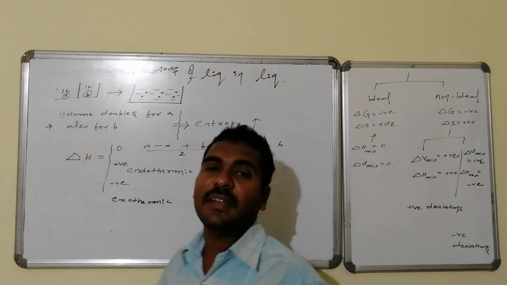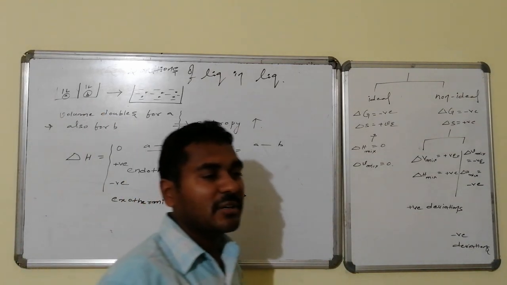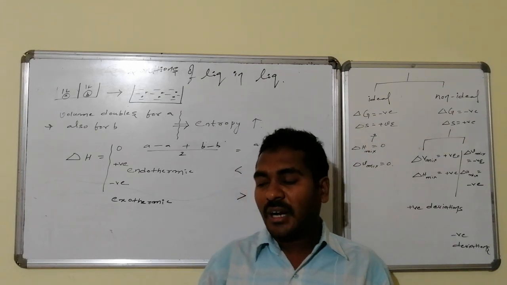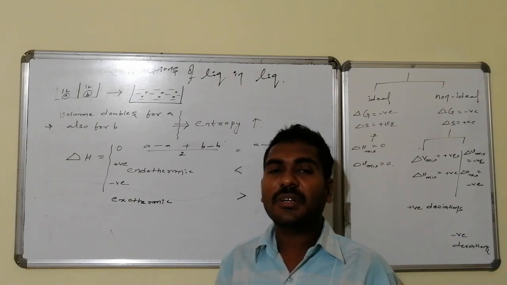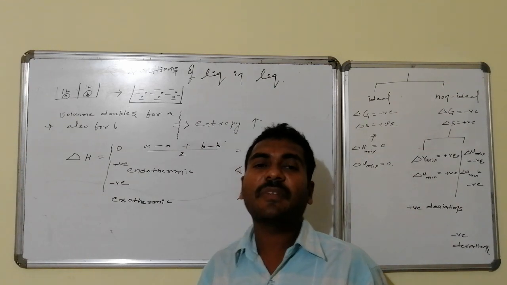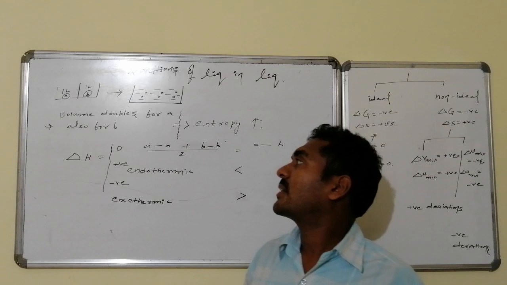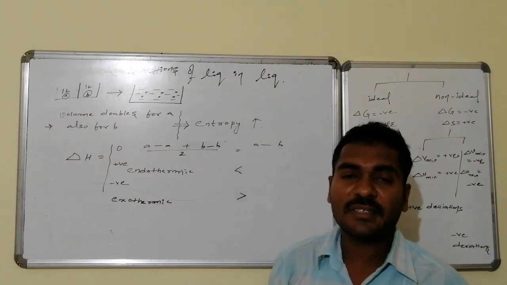Let us take a vessel consisting of 1 liter of component A and 1 liter of component B, which are separated from one another. After opening the separation barrier present between the two liquids, the two liquids of 1 liter capacity will mix with one another. As a whole, it now becomes 2 liter capacity. Component A is spread in 2 liters, and component B is also spread in 2 liters.